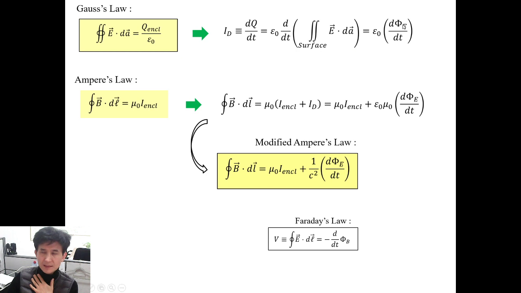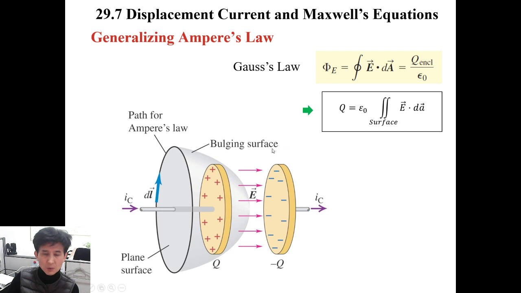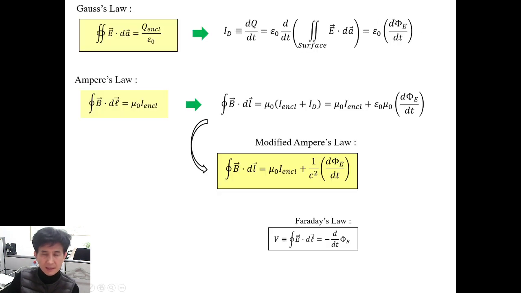If we define this as capital psi E, the electric field flux, then we can define the current as epsilon zero d psi E over dt. This is the displacement current we defined before, and that's the extra current